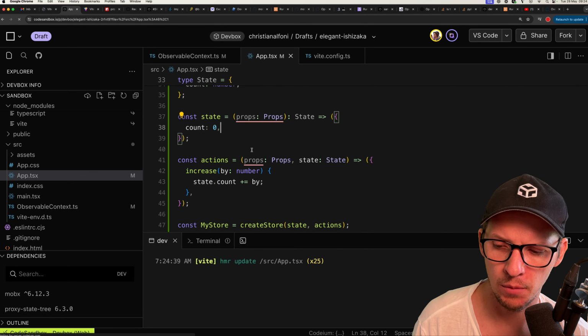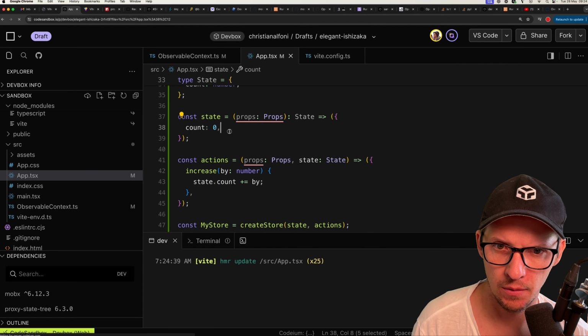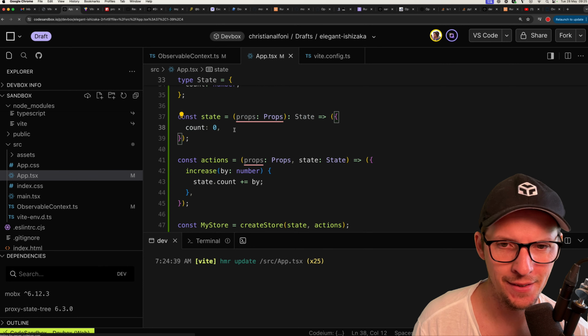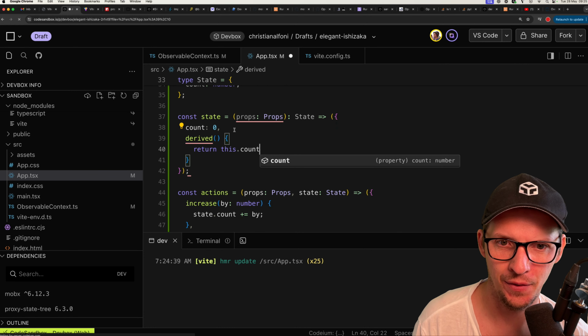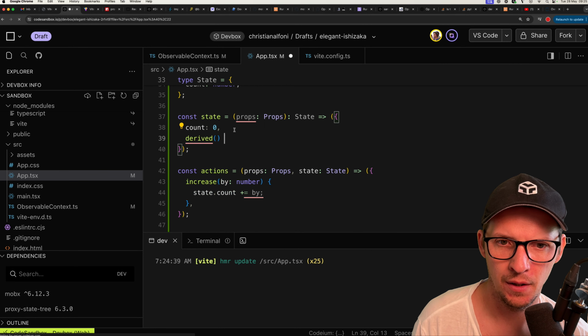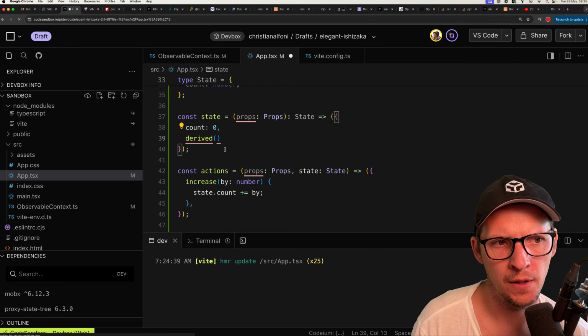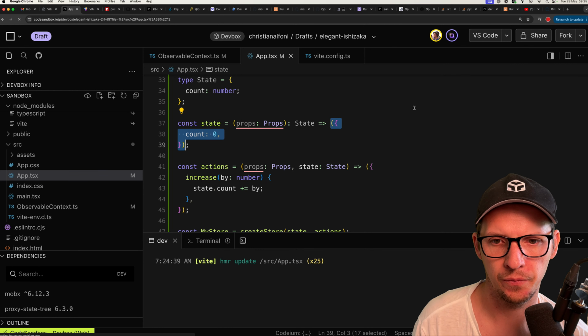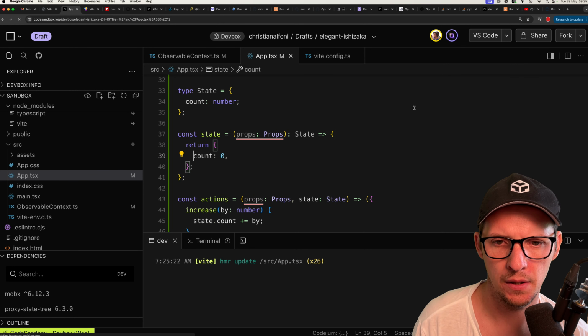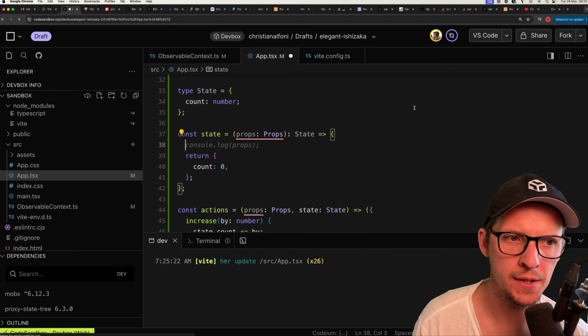Now, one thing we could do here is we could actually define. No, yeah, that's interesting because we already have derived here, which is interesting. So we can actually derive, so we can do this. Now, because discount, whatever. Oh, you know what? Another thing I like about this is that, yeah, we didn't talk about that. So if we do this, what we can do here, we can say,